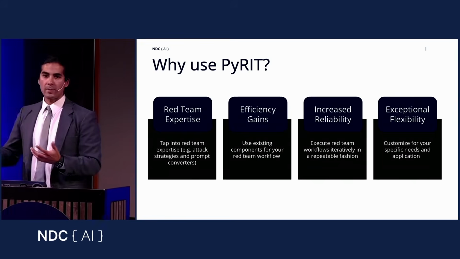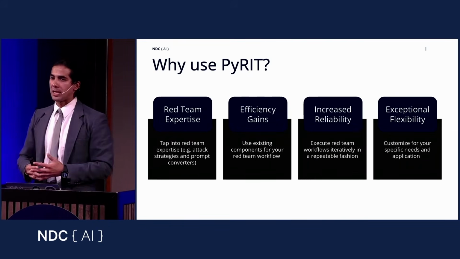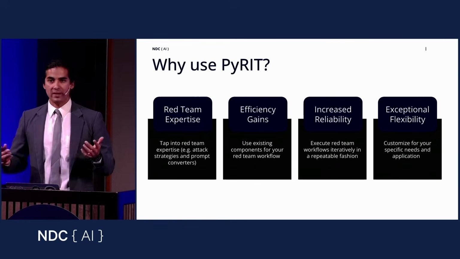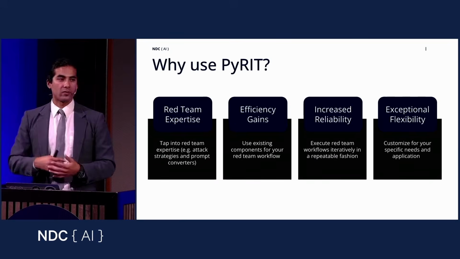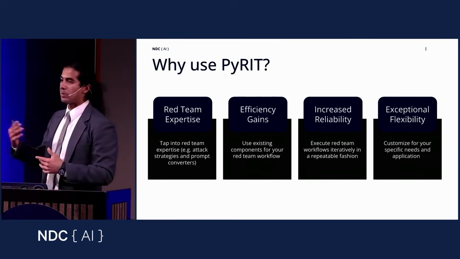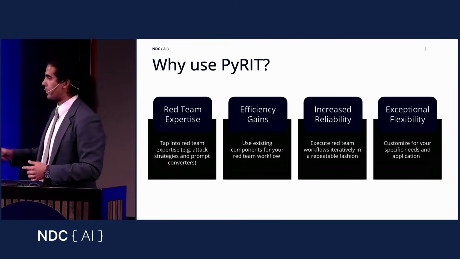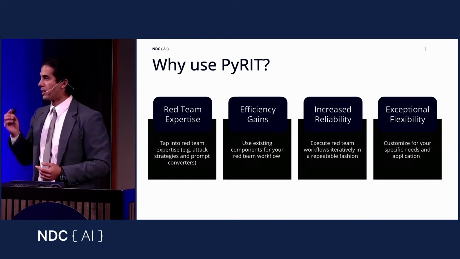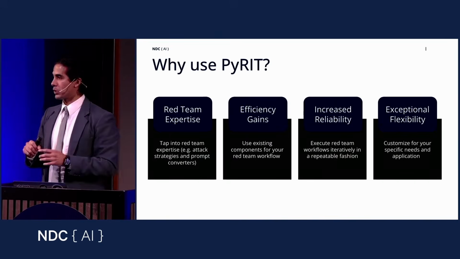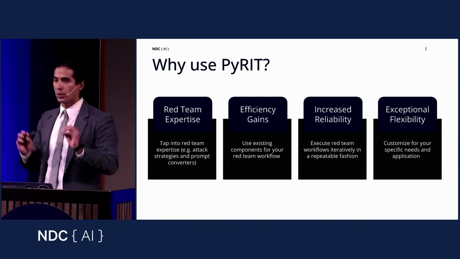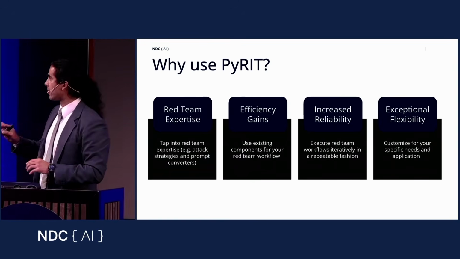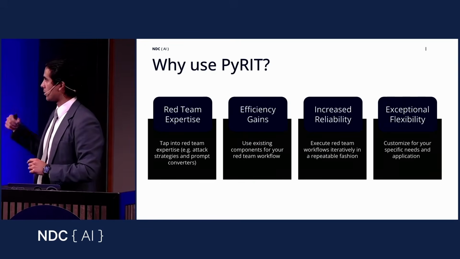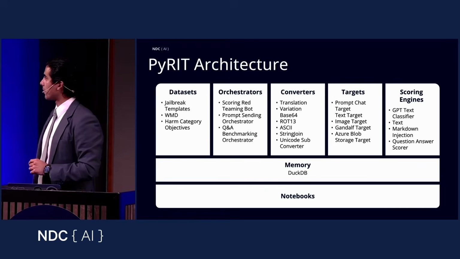The third one is increased reliability. If you are doing AI red teaming, at the very beginning you're going to notice that these tend to be very manual tasks. Having some sort of tool that helps you organize everything and store things to memory can be very helpful for you to replicate and have more reliable workflows as you perform the operations. Then lastly, it's super flexible. When I created PyRIT a few years ago, I did it because we were working on tons of different operations, and I needed small tools that could help me automate very specific tasks. So from the very beginning, PyRIT is very modular and flexible in terms of the components that you can use for your specific application.